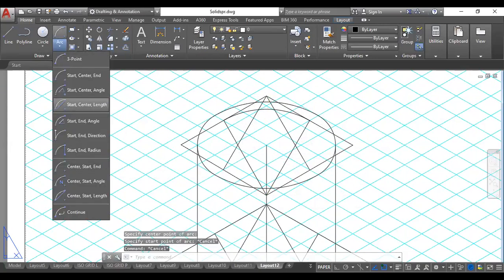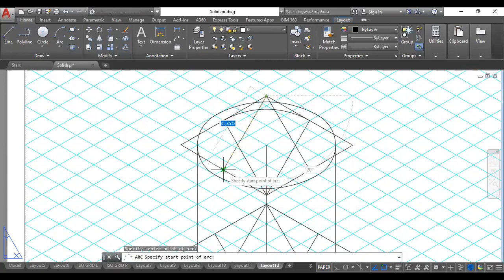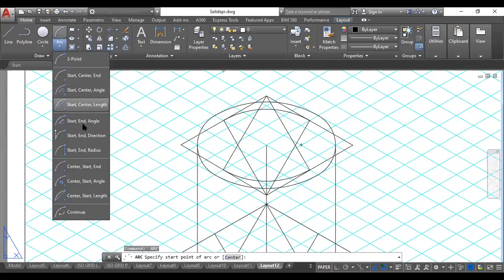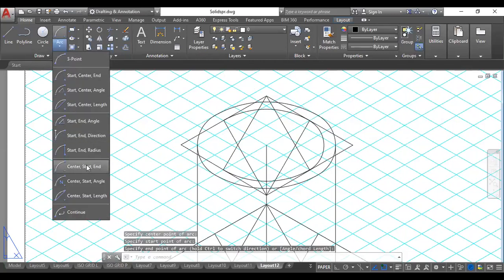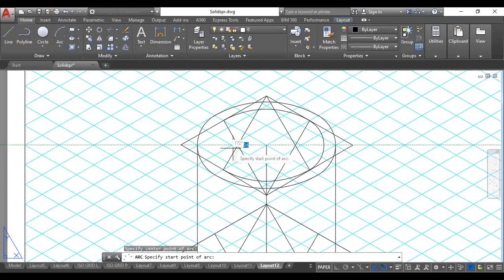From this corner, this has the center, then this has the radius, this ellipse, and then again this as center, this as radius, the ellipse, and finally the last one.